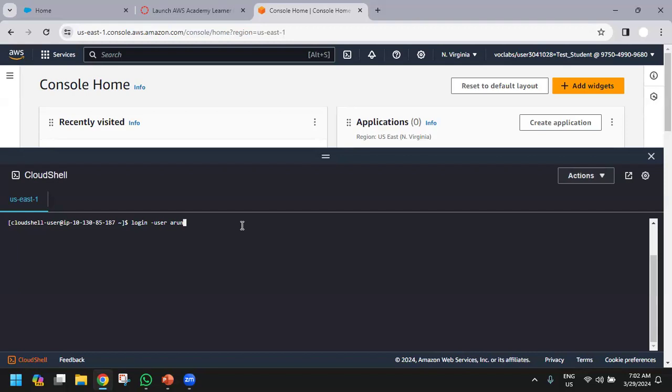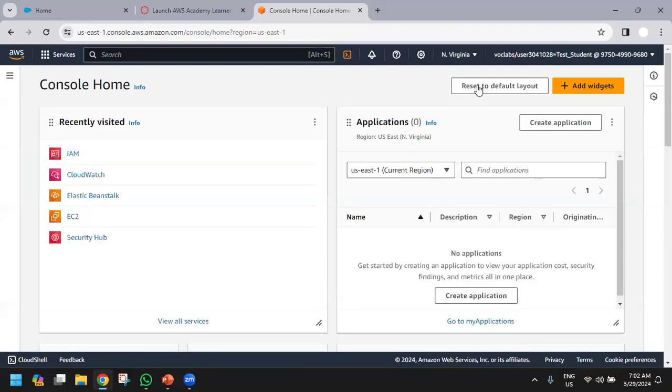After that, it will ask me for the password and other things. Okay. So that is called as command line interface.